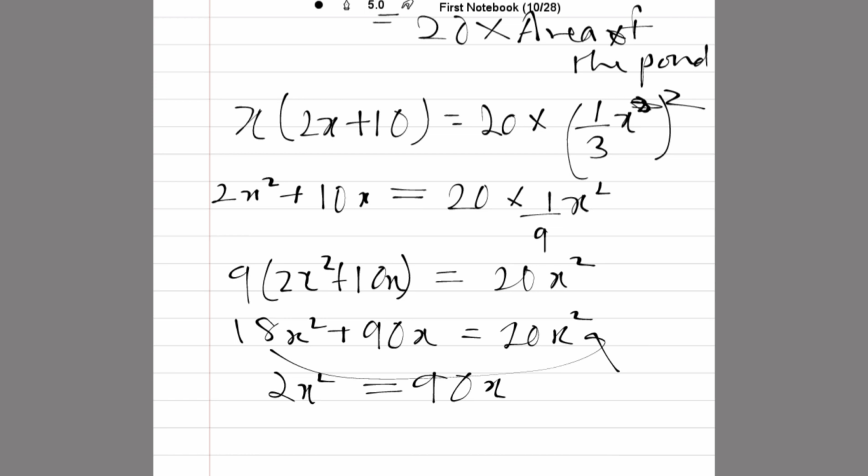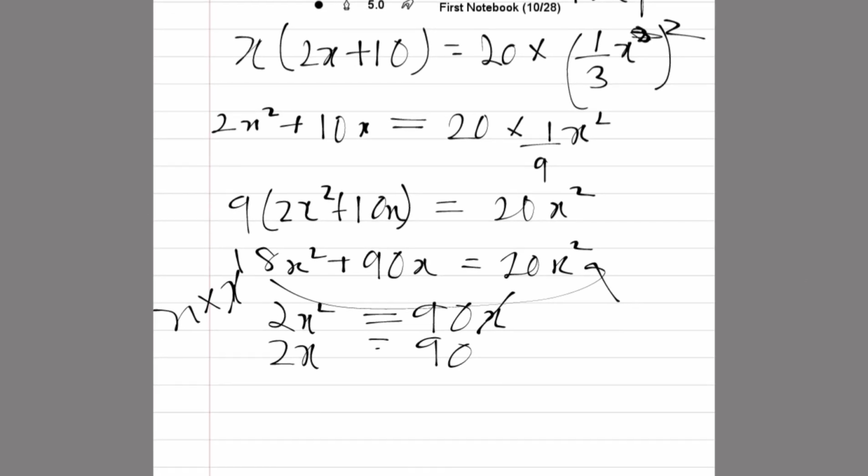Now I will simply tell you that you have x on both the sides, and we can just cancel one of the x from that, right? So we can cancel this x, and this is x square, so that is x into x, right? So one of the x gets cancelled from here, so what we get is 2x is equal to 90. Now this 2 goes on the other side, and we get the value of x as 45 meters, right? Now this is the breadth of the farm. We have assumed the breadth of the farm to be x.